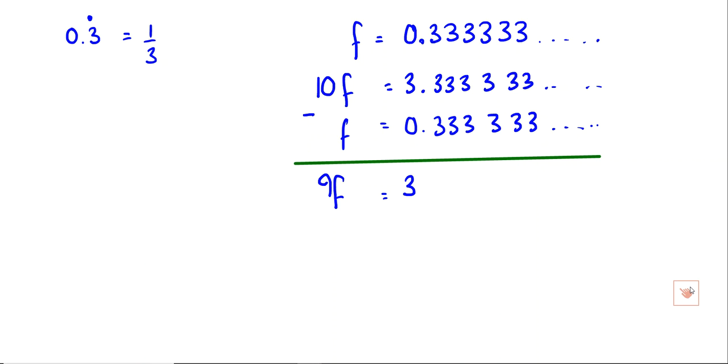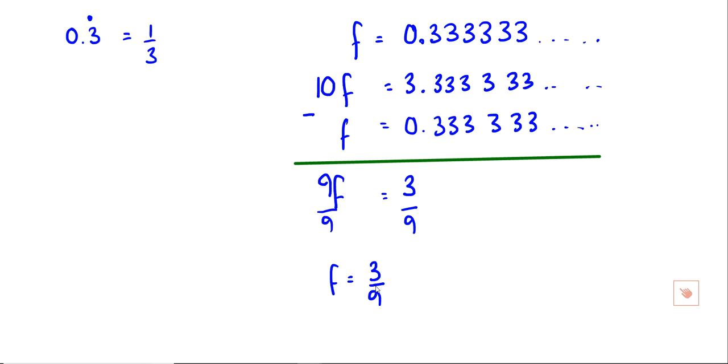You know what to do. You've just done it. You've said it the wrong way around. Oh. Divide by 9, yeah? If 9 F's equal 3, I've got to do the 3 divided by 9. So I'm going to divide both sides by 9, and I get 1F equals 3 divided by 9, which is a